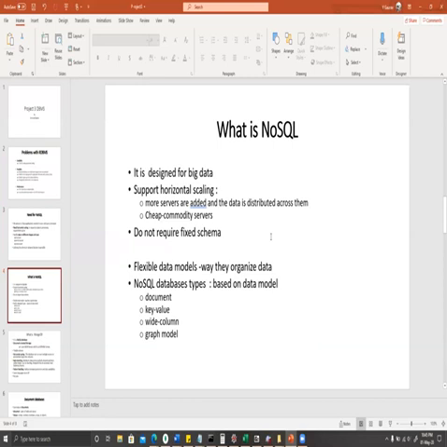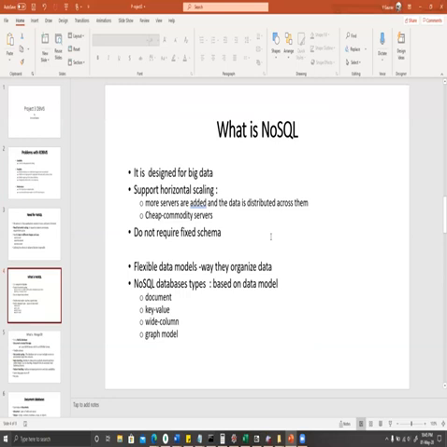NoSQL is designed for big data. It supports horizontal scaling. More servers can be added, and data can be distributed across multiple servers. And for these servers, we can use commodity servers so that it will be cheap.